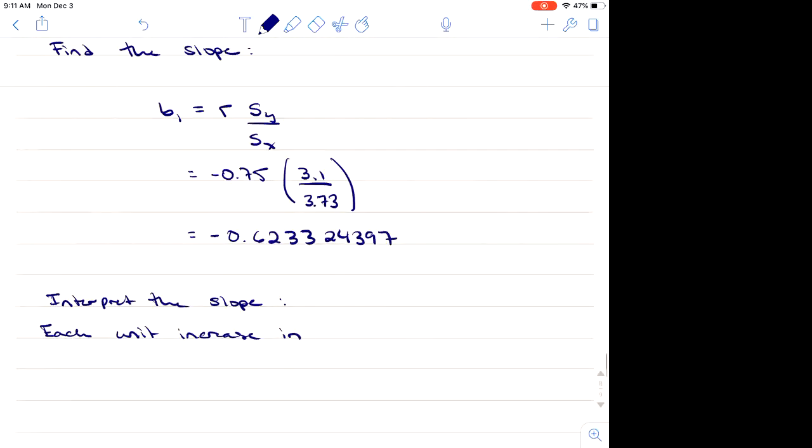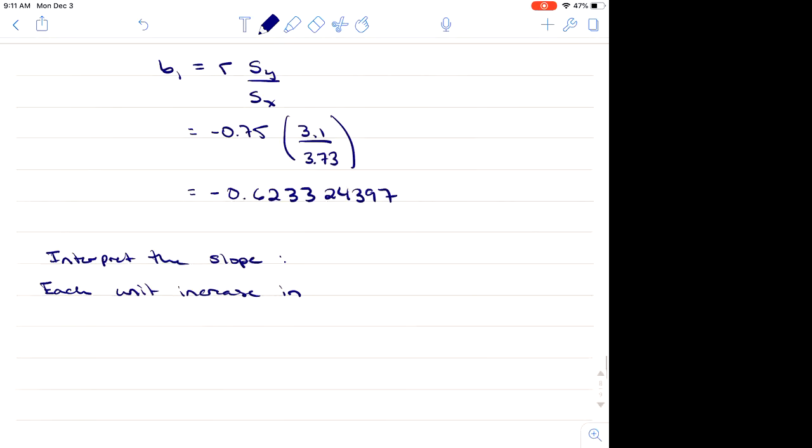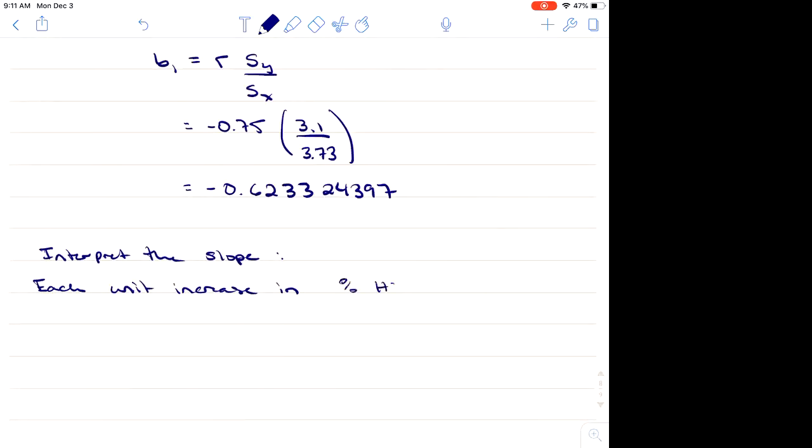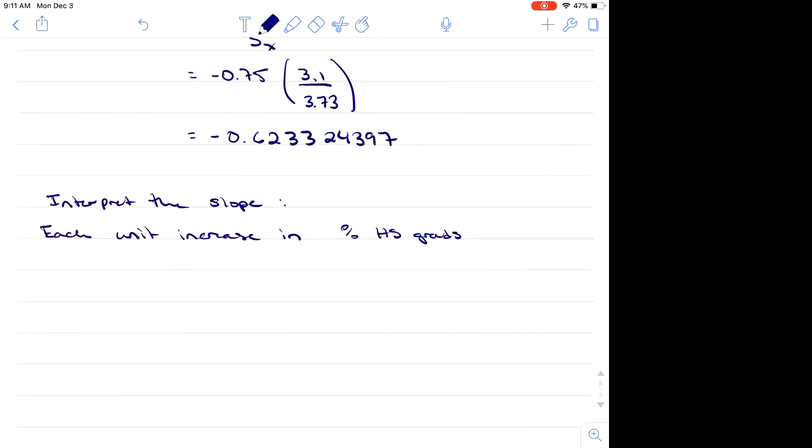Here, our x is the percentage of high school grads. So for each unit increase in the percentage of high school grads,